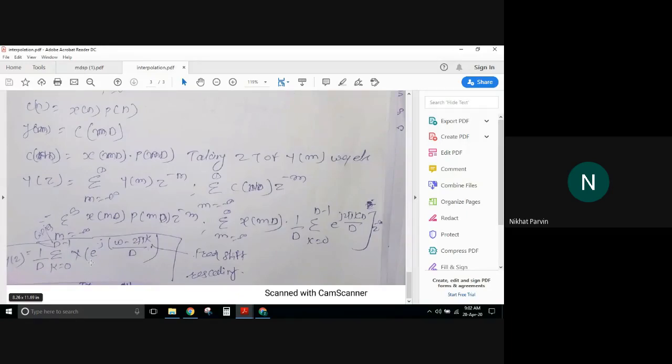To avoid this, we use a low pass filter at the beginning only. The low pass filter we use at the interpolation output and at the decimation input have different work: one is for imaging, the other is for the aliasing effect. So this is the fifth unit, first part, and we are ending here. In multirate digital signal processing you have studied upsampling, downsampling, cascading of I by D or sampling rate conversion by I by D factor, and the last one is